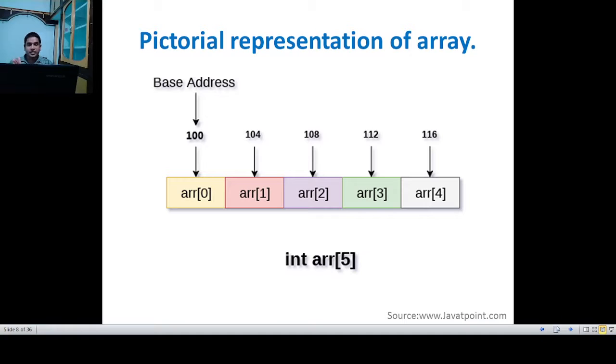The base address is 100, then next address is 104, next address is 108, and so on. So if you want to access the third element, you can directly access using the index 2. So if you display using the printf statement, if you want to display ARR of 2, then the third element is displayed, right? This is the pictorial representation of array.